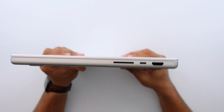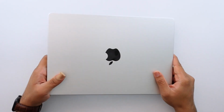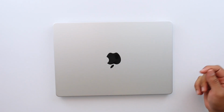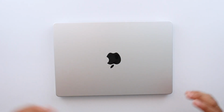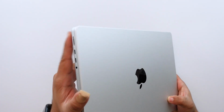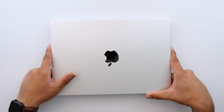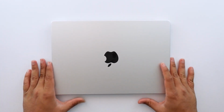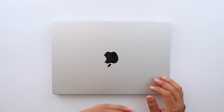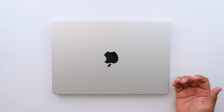So number one, I absolutely love that we have so much more I/O back. Now, I really wasn't using a lot of this I/O. I've still needed to resort to my dongle for a couple of things, because it doesn't have a micro SD card reader, but I still needed micro SD cards for my microphone and all that stuff. So I have definitely been taking advantage of the SD card slot and MagSafe, and I absolutely love that they're back, but I really haven't used much of the ports besides that. There is only the headphone jack and the HDMI beyond that. I do love the I/O on this, and I'm glad that they've gone back on their word and